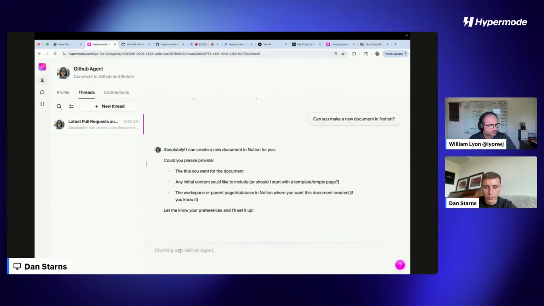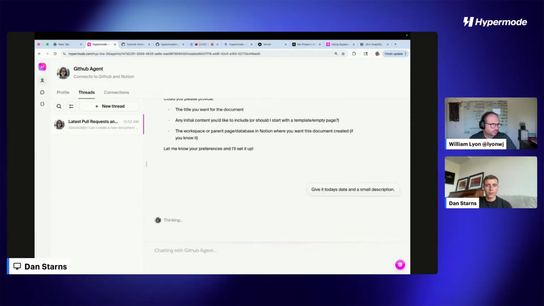So we can give it today's date and a small description. The agent also understands what today is. We've injected that into the runtime, and so it should be intelligent enough now to pull that, give a description of what's happening in the documentation repo, and then give us a Notion document that we can share with the